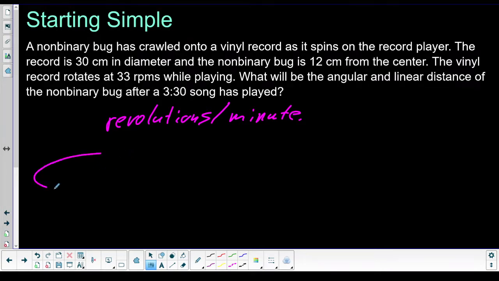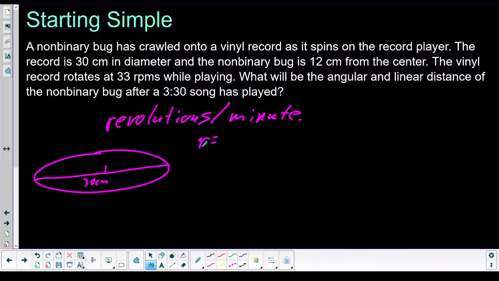We've got our vinyl here. From one edge all the way to the other, that's 30 centimeters, which means our radius, which is probably the more important physical property of a circle for these problems, is 15 centimeters total. And then our non-binary bug, let's make it maybe,